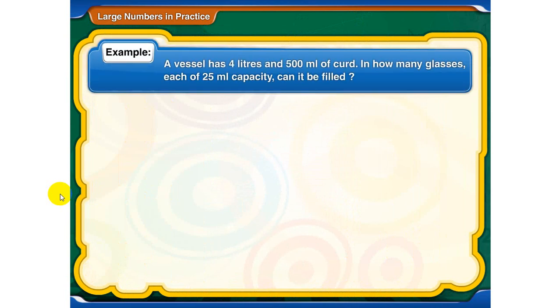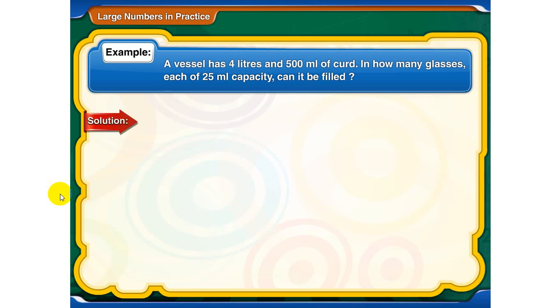Example: a vessel has 4 liter and 500 milliliter of curd. In how many glasses, each of 25 ml capacity, can it be filled? Solution: